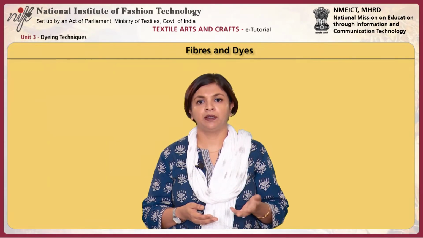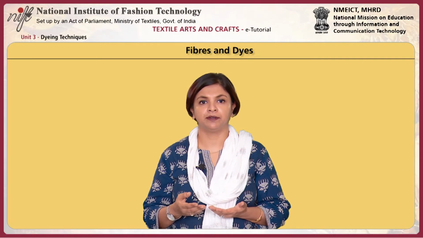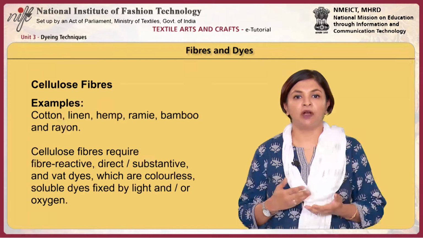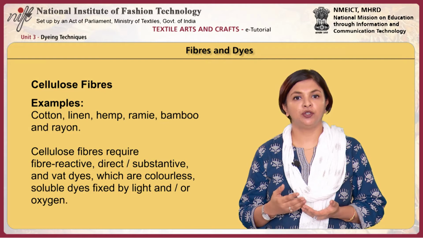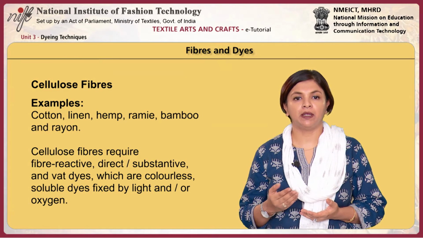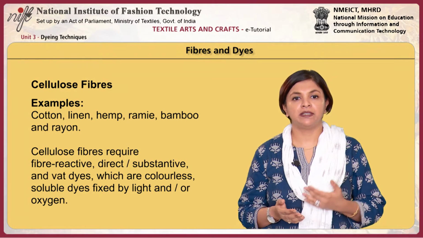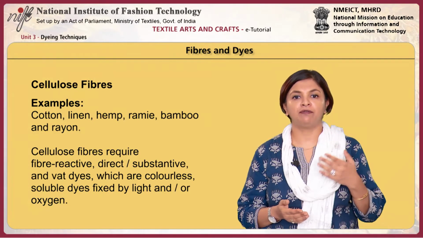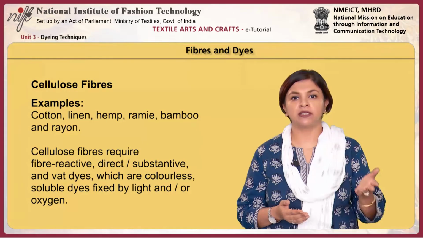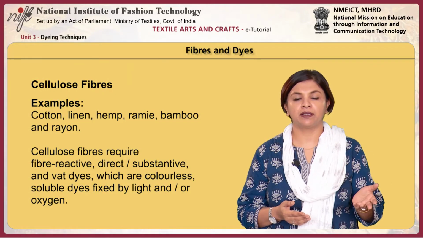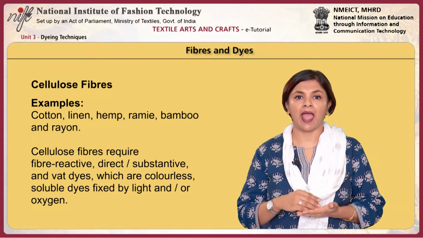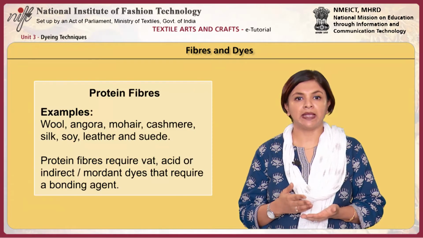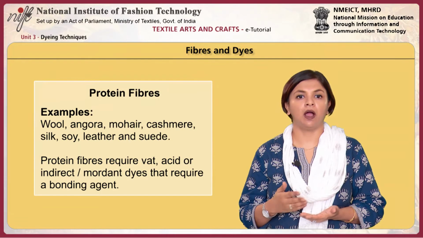Fiber content determines the type of dye required for a specific fabric. Examples of cellulosic fibers are cotton, linen, jute, hemp, ramie, bamboo and rayon. Cellulosic fibers require fiber-reactive, direct or substantive and wet dyes, which are colorless, soluble dyes fixed by light and or oxygen. Examples of protein fiber are wool,